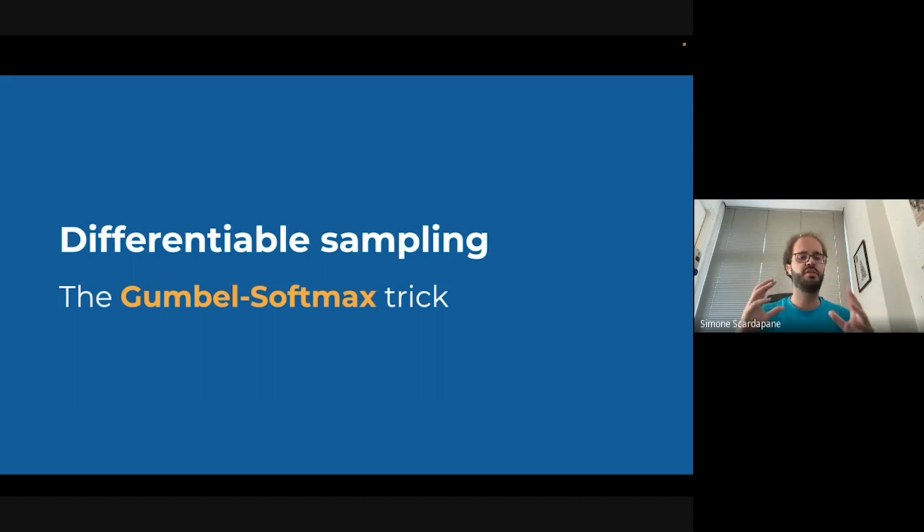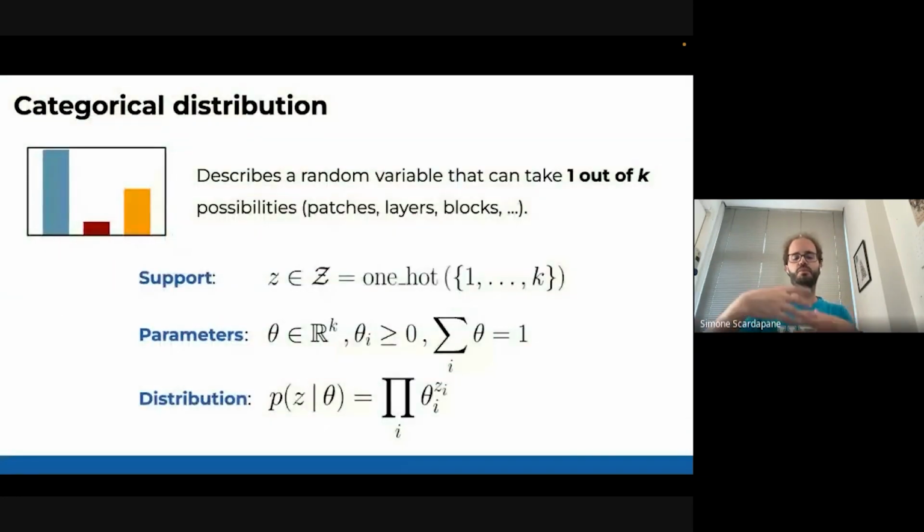And I will show you the simplest possible way of doing this, which is called the Gumbel-Softmax trick. It's pretty common today in a lot of literature, actually. I will give you some pointers at the end because this is just, let's say, the simplest way of doing something in a discrete way inside the neural network, but there are many extensions and ideas, etc., that can also be applied. So what we need is a layer, basically, that we can plug in the middle of the neural network.